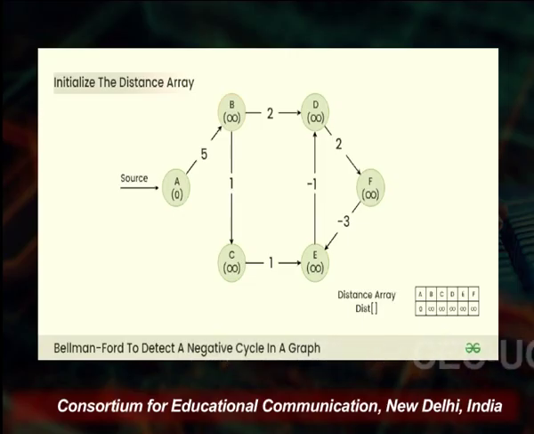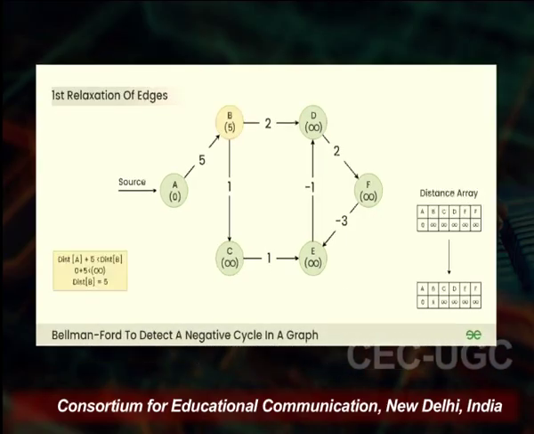In this distance array, the distance of A from A is 0, and for all other nodes, such as B and C from A, it is presently infinity, because it is the initialization phase, and that is what your distance array is showing. Now, we need to update this distance array with the help of relaxation of edges,